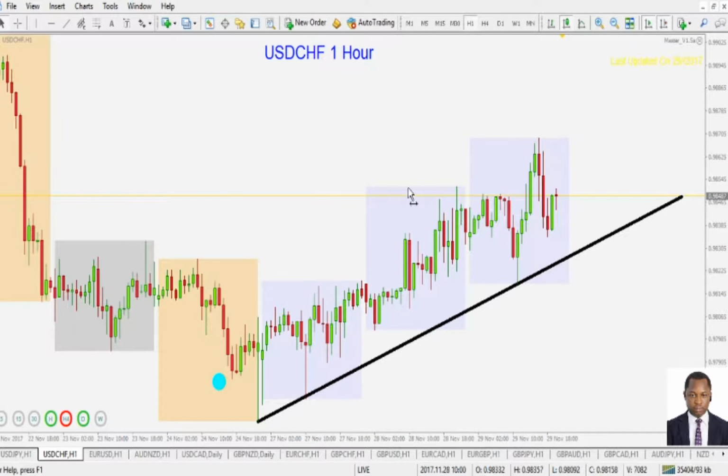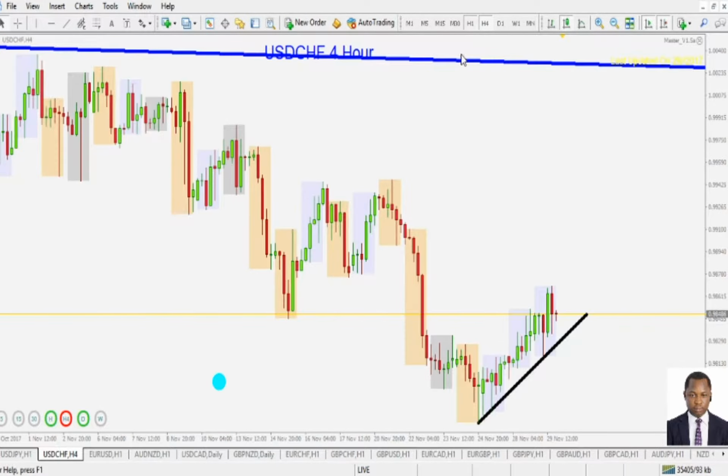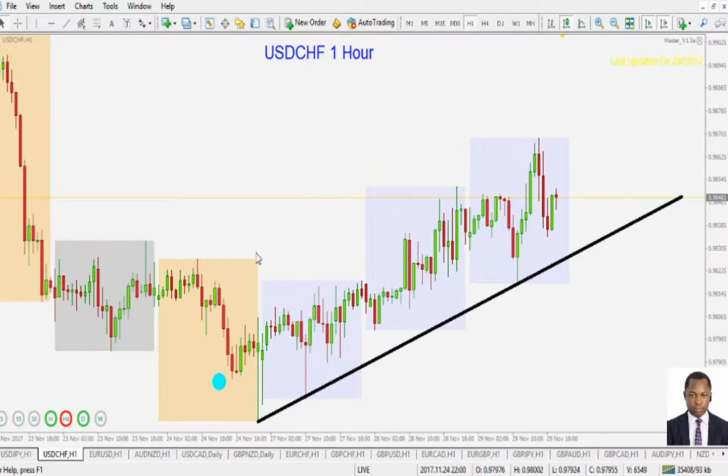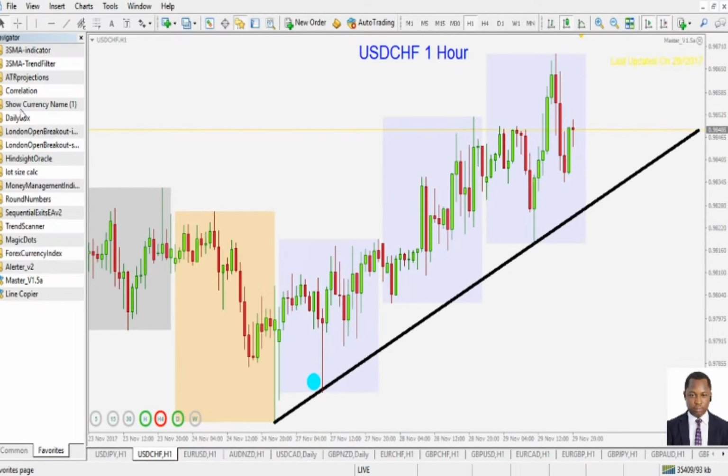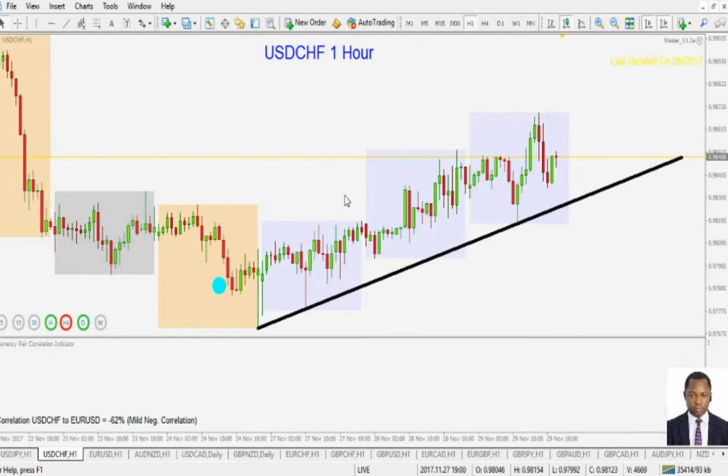These are the valid setups that we were talking about, instead of wasting time looking into some of those pairs that don't have anything to offer. If you apply your correlation tool to this pair, correlating the American dollar against the Swiss franc to the euro against the American dollar, you'll see